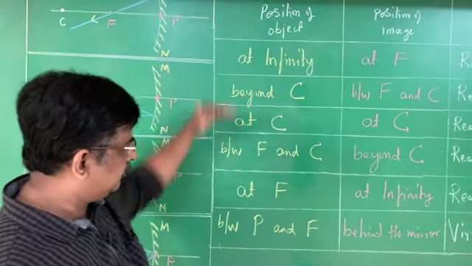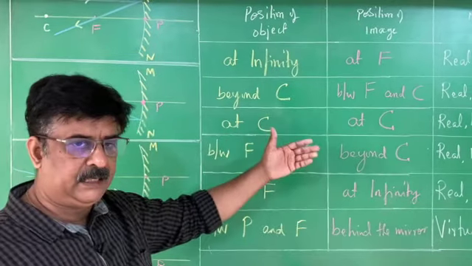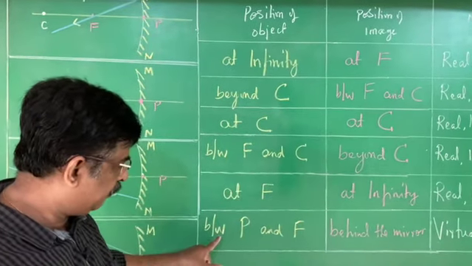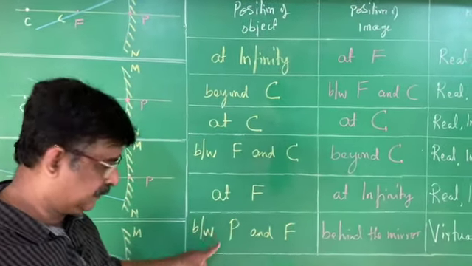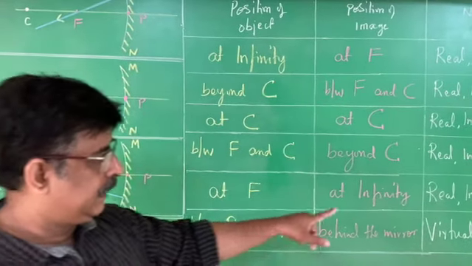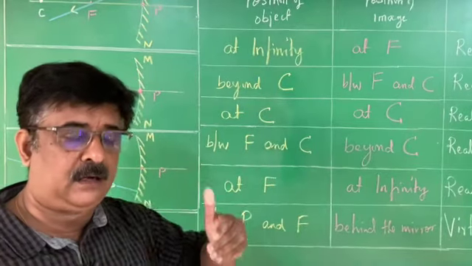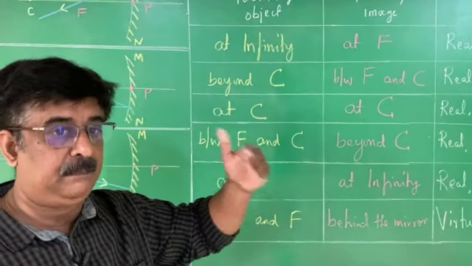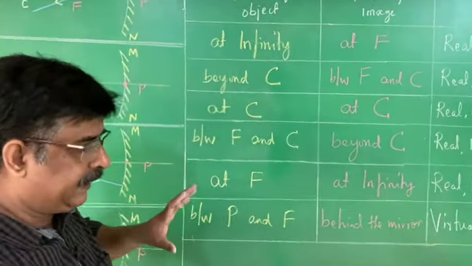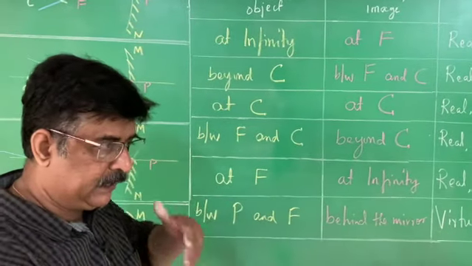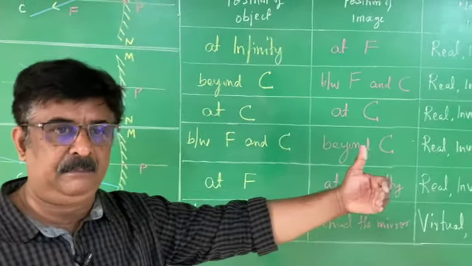In all these cases we got the real image. Real image means in front of the mirror. Therefore, for the ray diagram of the last one, where the image is going to form behind the mirror, there should be a space kept for the image formation behind the mirror. So while writing on the page, you have to think that there should be a space behind the mirror.